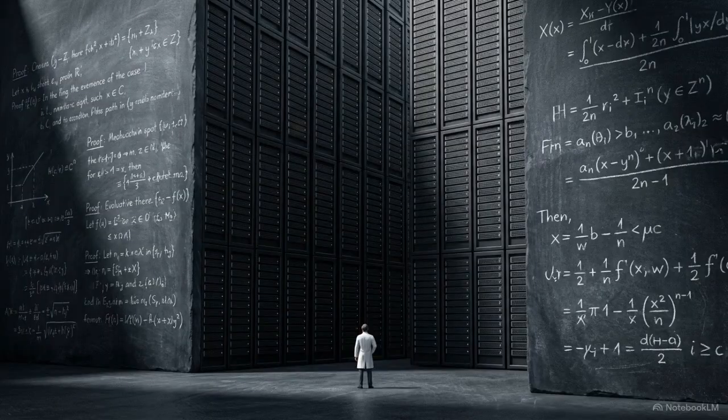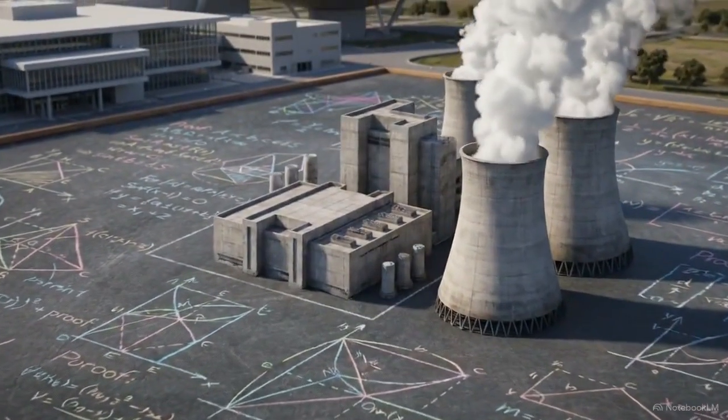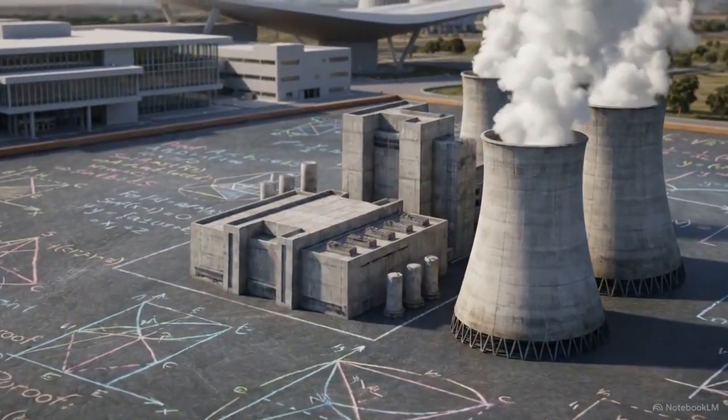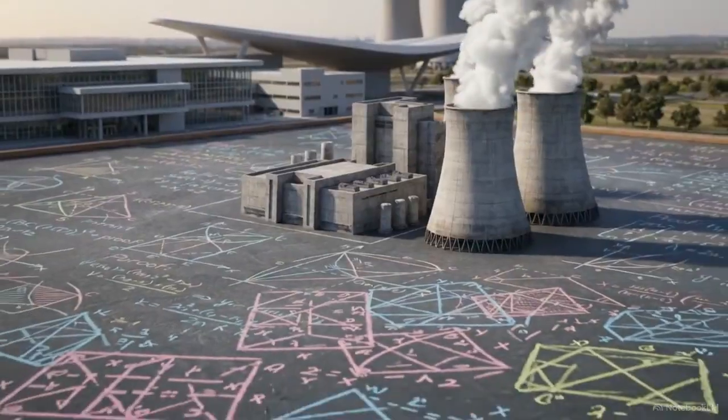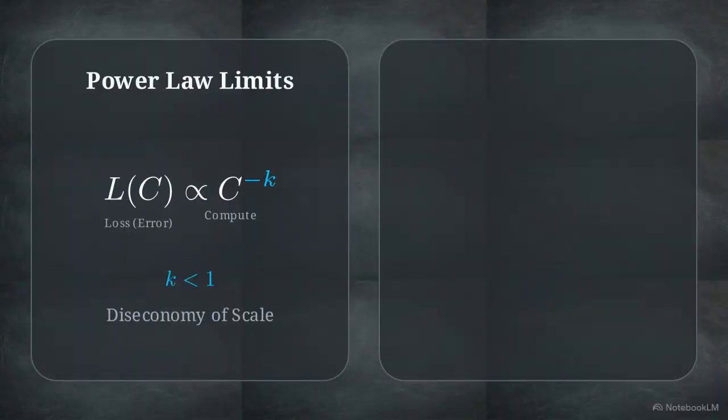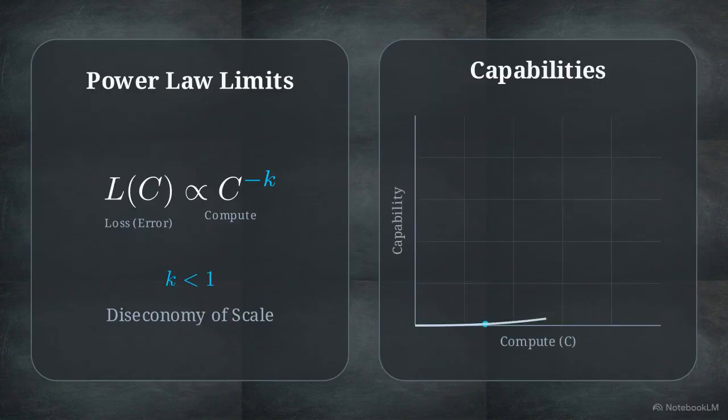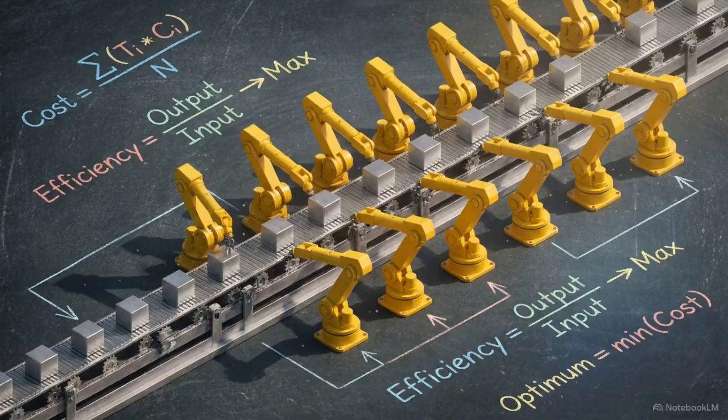This leaves us with a final narrative paradox. If training an AI represents such a severe diseconomy of scale on paper, why do technology leaders voluntarily incur these massive costs? We have to map the brutal cost inefficiency of the power law on the left against the actual functional capabilities the models acquire on the right. Classical production economics strives for perfect cost efficiency. The goal is to reach a k of exactly 1 and coast.